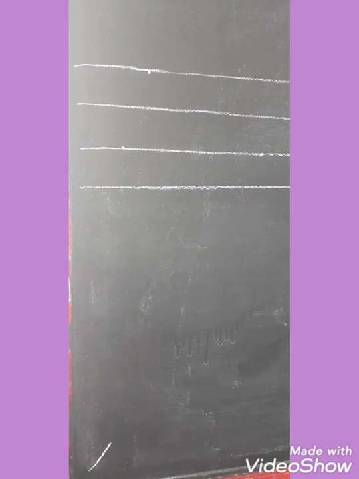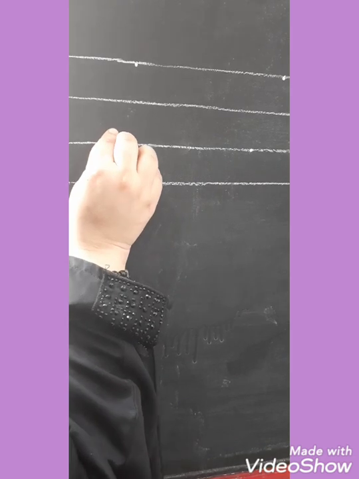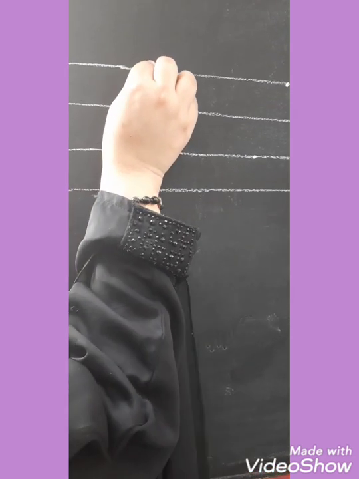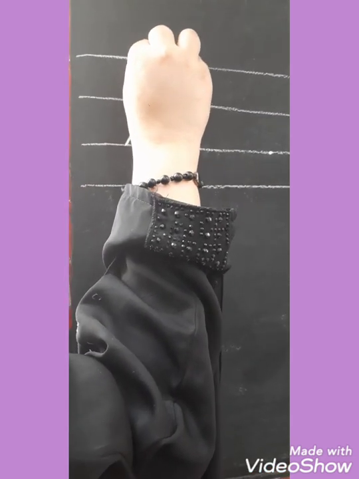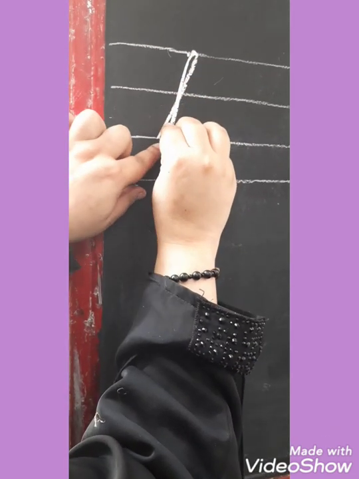The next letter is small letter H. As you can see, you have given two slant dots like this. Small letters start from the third line. Now, put the pencil on this dot. Go up in a slant. From here, round your pencil. Come down near to the first dot.